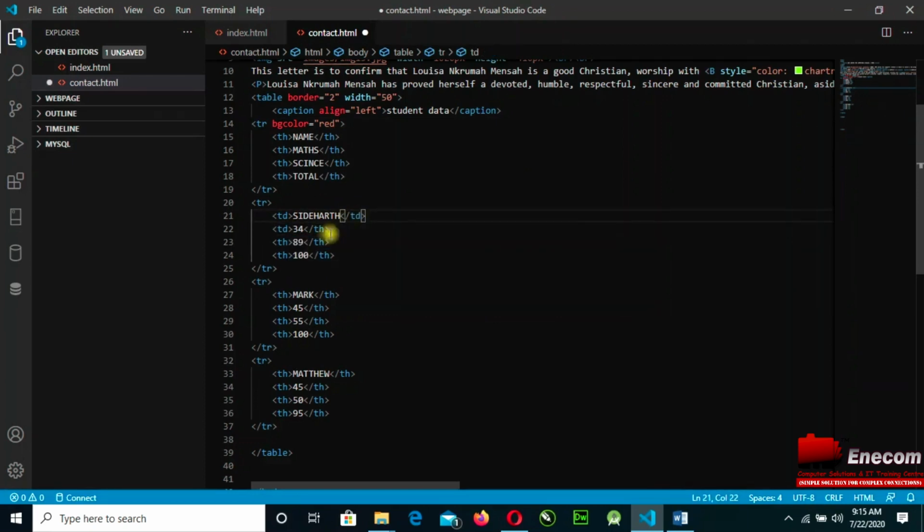Because I did the copy and pasting, I have to make changes to this. So the TD will represent the data, that is all the result. So these are the changes that you need to do.